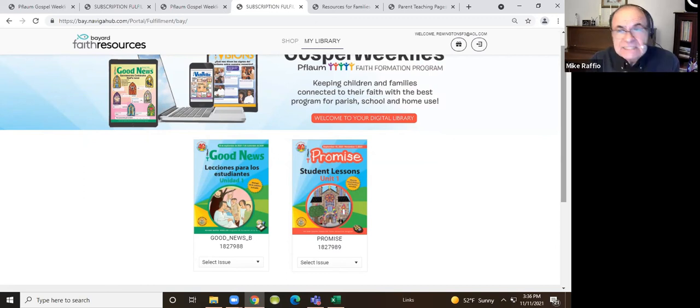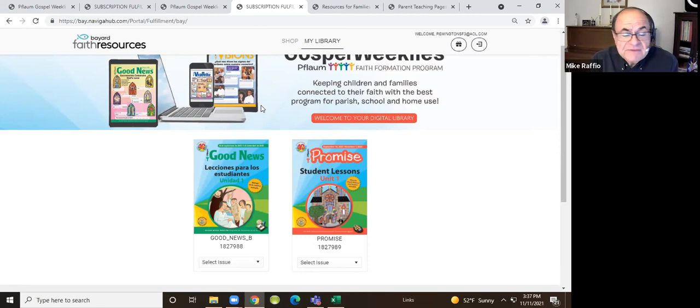I would guess that in most cases, parents have given you one email address to contact them with, and that email address will be the one that you use for all the levels. And therefore, whether you're giving them the codes or whether you're putting their email address onto the individual class lists, they will see all of the things that they have been given access to all in one place here on their library. So that is how a parent would use the website.